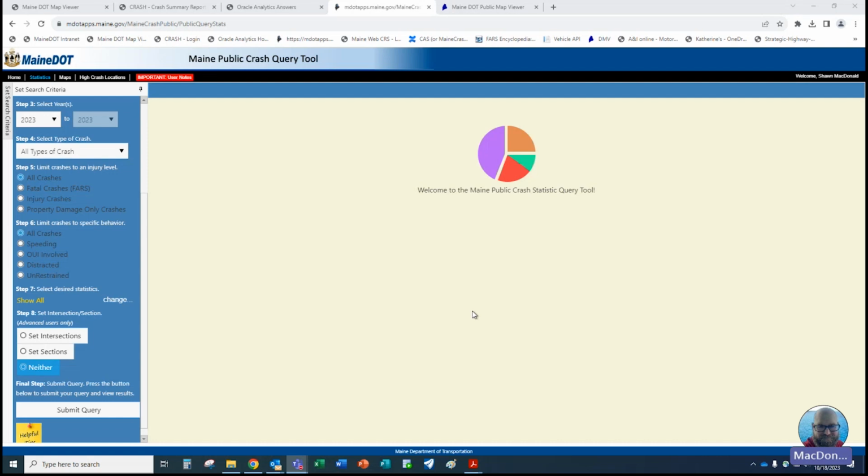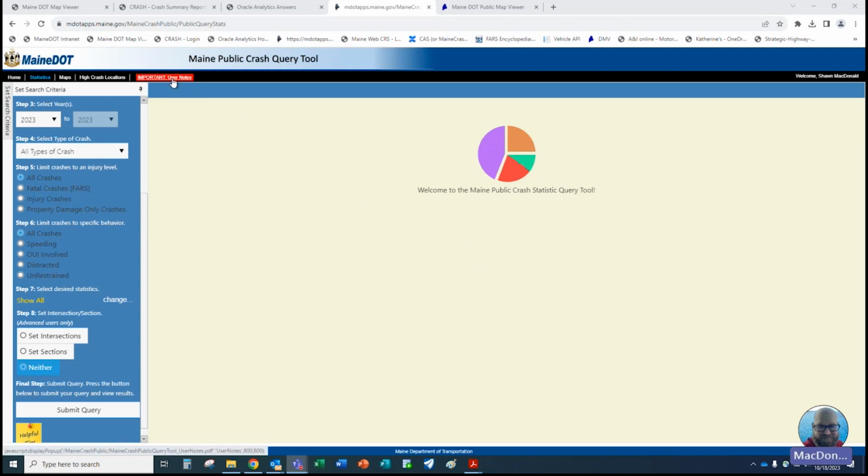The one thing to note about the sections is that it'll do just the actual sections of the road. So you could do multiple sections of a road, and it'll do all of the sections, but it won't give you the crash information for any of the intersections. The intersections would later have to be done individually on their own. So please keep that in mind when you're doing this.